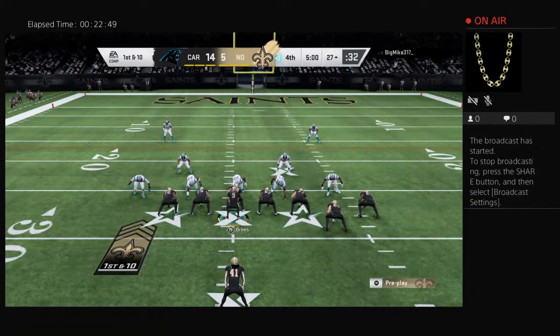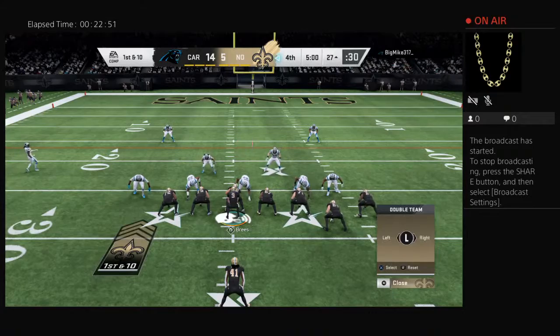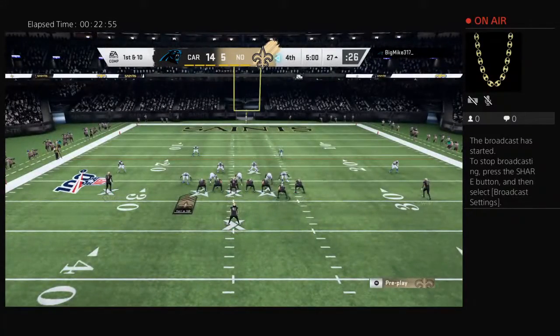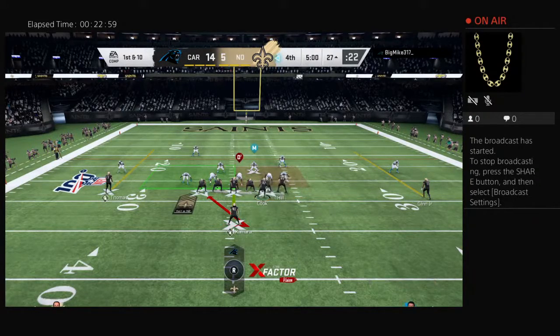You kill! You kill! 80 weapons. Bang, bang, bang, bang, bang, bang. Hey, easy. Let's go right